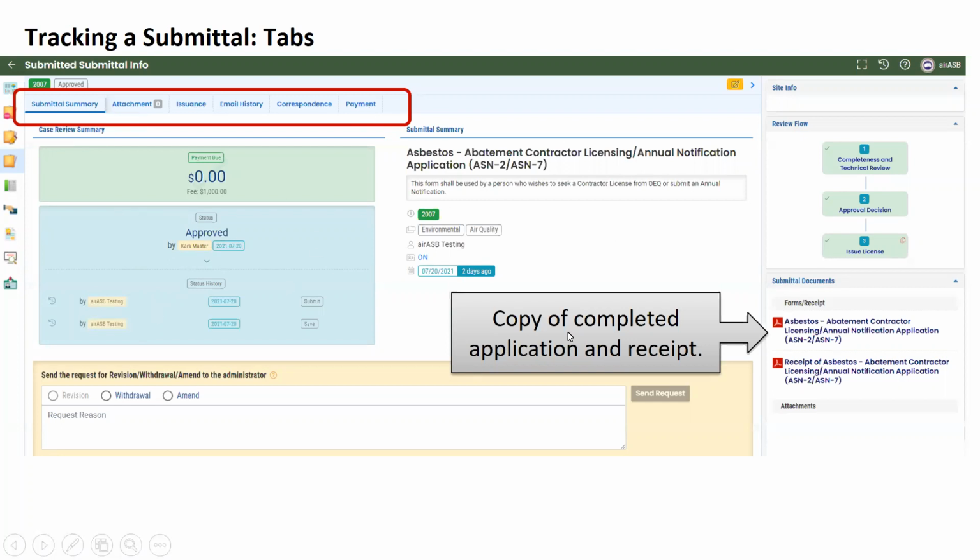This is going to also allow you to, in the event after you submitted your application that you wanted to go back and print it for your files and you forgot to do it when you were reviewing it, then you actually are able to download a copy of the PDF from this page as well, along with a copy of the receipt that we had just talked about that demonstrates whether it's been paid in full or whether you're mailing a check. So your documents are going to appear on this page as well for you to download and save.